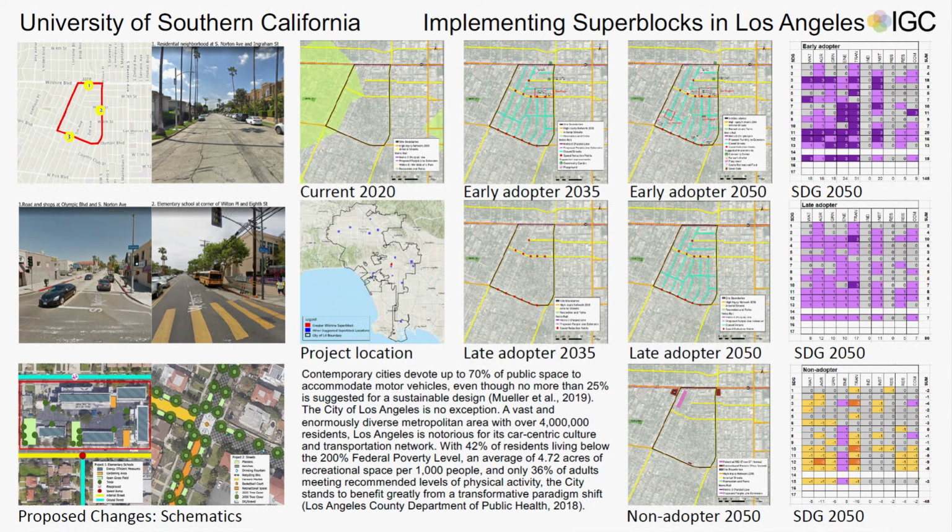Our project examines superblocks in the context of the city of LA, an enormous metropolitan area that is notorious for its congestion and traffic. Considering that there is only an average of 4.72 acres of green space per 1,000 residents, and only 36% of adults meeting recommended levels of physical activity, the city stands to benefit from a transformative paradigm shift. And to this end, our geodesign research project